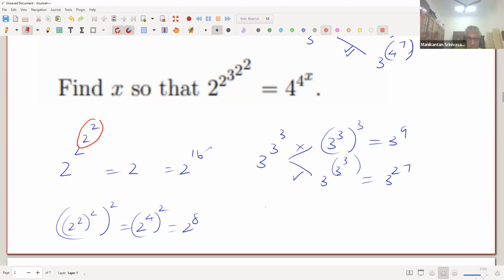So all I've done here is replace the red portion. Okay, I'll replace the red portion with